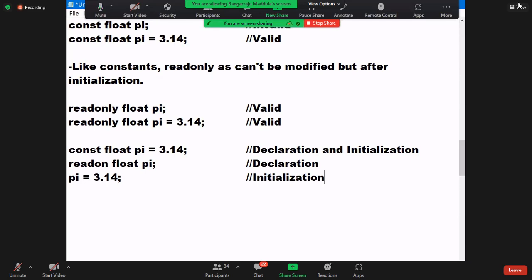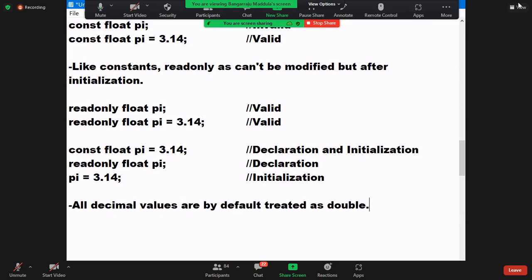Okay now? Fine. Now look at this carefully. Sorry, I want to tell you one small important point here. All decimal values are by default treated as double. All of you, concentrate on my points. Decimal values are by default treated as double. So because decimal values are by default treated as a double,